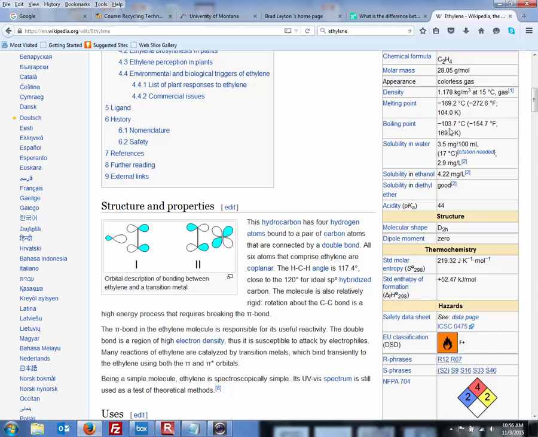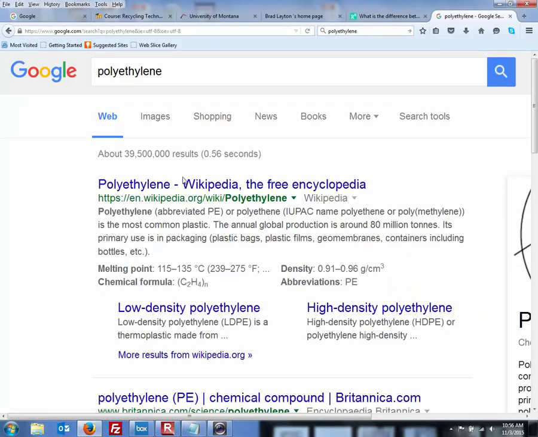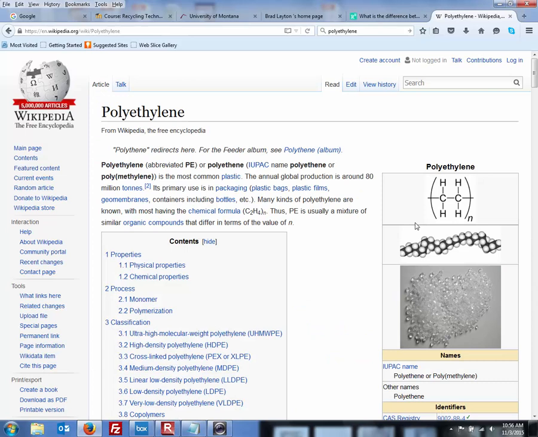Just like propane is a gas, butane is a gas, etc. Methane is also a gas. So ethylene itself is a gas. You wouldn't want to breathe it, but once it's polymerized, let's look at polyethylene. And so there's your ethylene monomer, your 2 carbons, and after that you've just sort of knocked off the 2 hydrogens and made this long chain. So this is the monomer, and let's take a look at the polymerization.